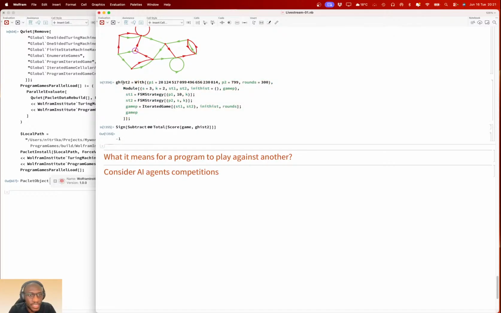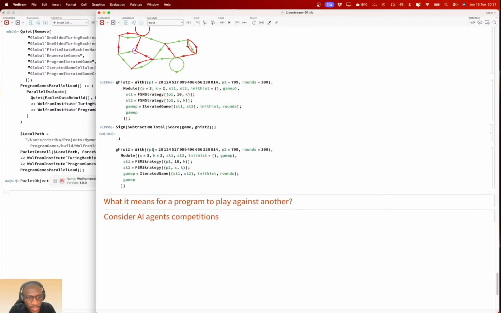Okay, so let's find out for two states. Given this, we want to do M2 machines, the two-state machines. So the 10-state machine against player M2.